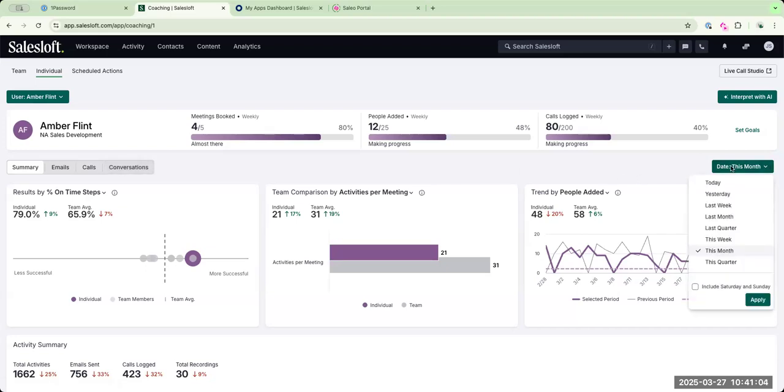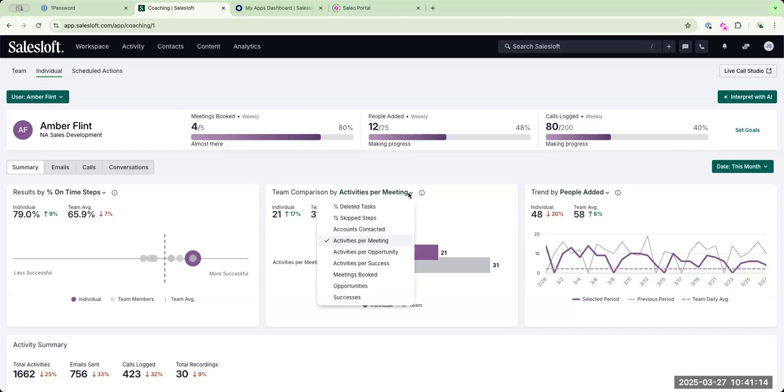You're going to be able to filter the time frame custom to whatever you want. You want to look at this month, you want to look at last quarter, you're free to do that. And within each of these tiles, there's a pull down menu. So you can leverage, again, an overwhelming amount of data. But I think for Amber, let's look at things like,